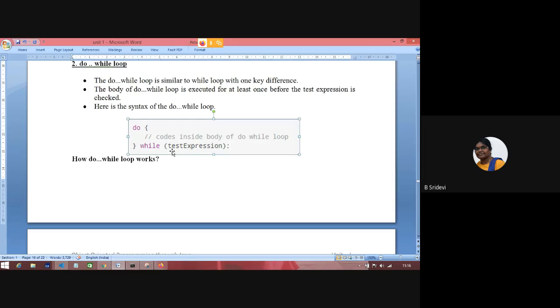And one key difference is, suppose this expression is failing for the first time.